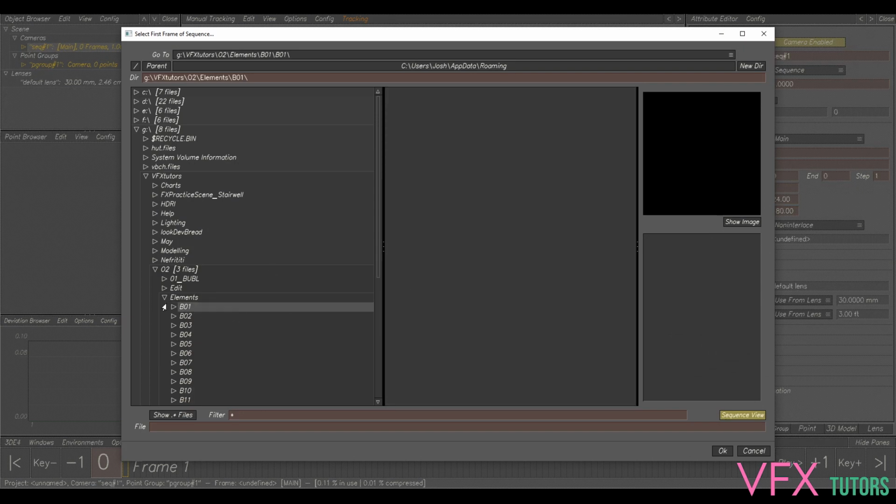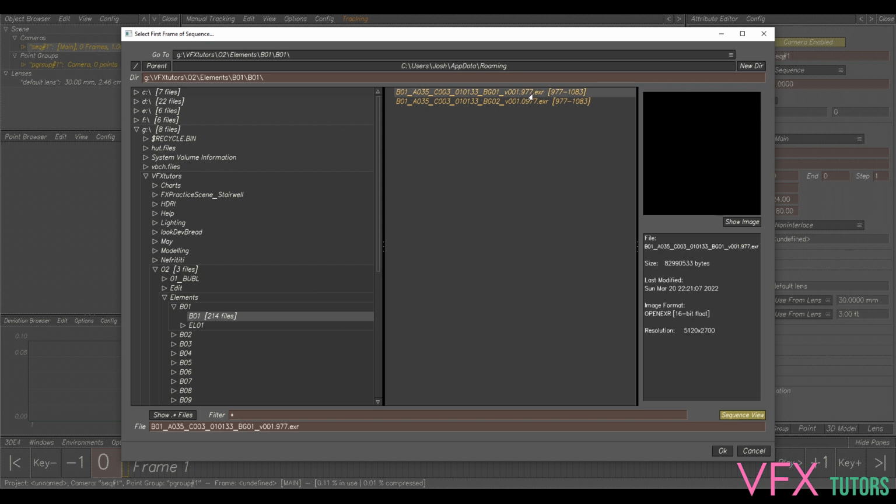I'm going to go over to the right here and select browse, and go to my O2 folder, and I have my elements folder, and I have my BO1 folder. So I've got the files that I exported out. I've got my element one, which is my light probes, and I've got my BO1. You'll notice that I've got two in here now. So I've got the original footage that I've shot, and